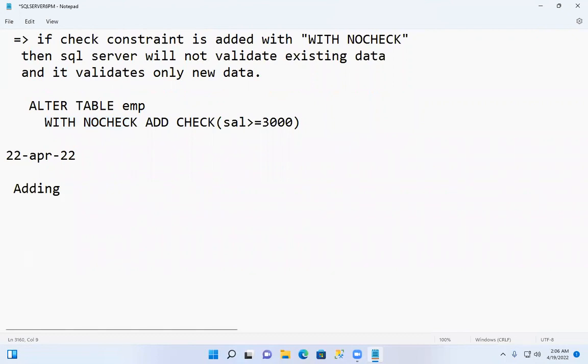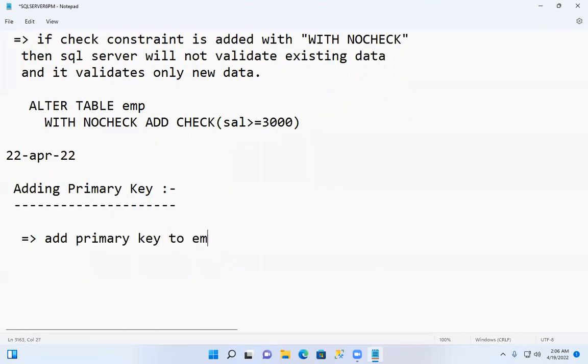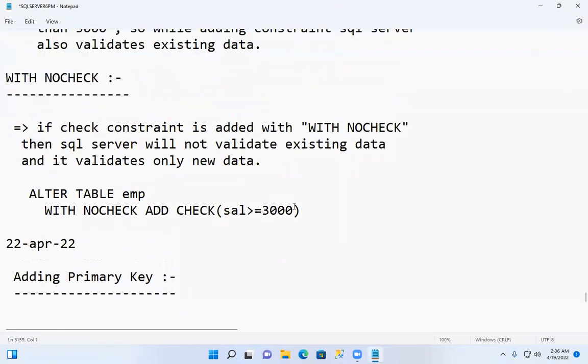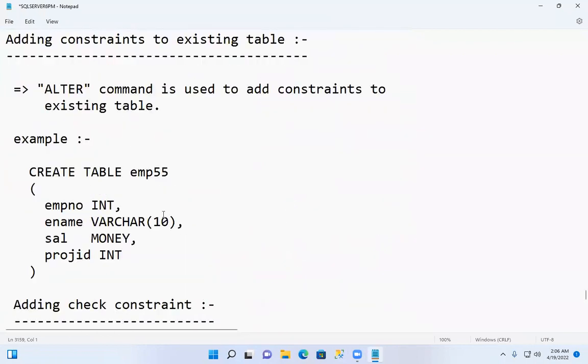Then next one. What is the next one? Adding primary key. I want to add a primary key to EMP-NO. Let's see. First, we'll see adding primary key. So what do you want? You want to add a primary key to this